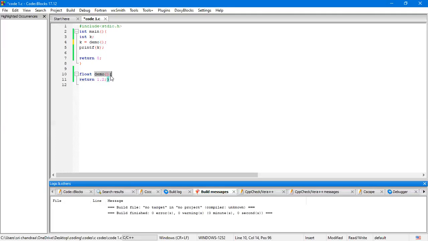And I'm returning float, right? I have to mention this as float because we are returning 1.2, but we mentioned int. Since int can store only whole integers, there will be a mismatch. So I've changed it.